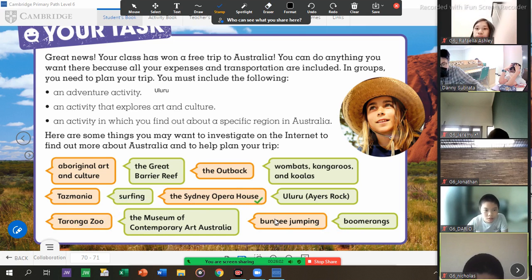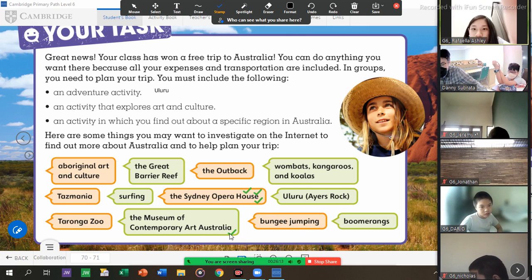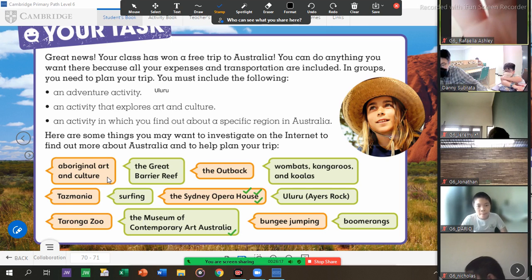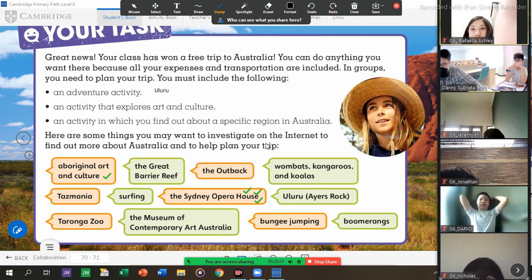Nicholas said Sydney Opera House. Ashley said Museum of Contemporary Art Australia. Sydney Opera House again. Aboriginal art and culture. So Ashley didn't choose the museum. Okay.